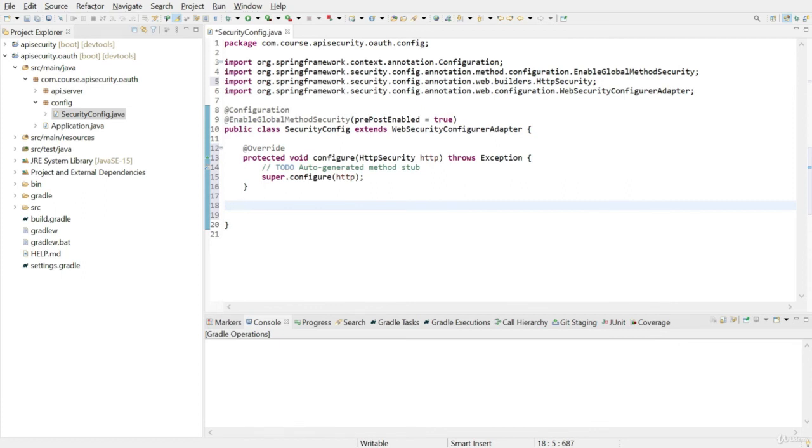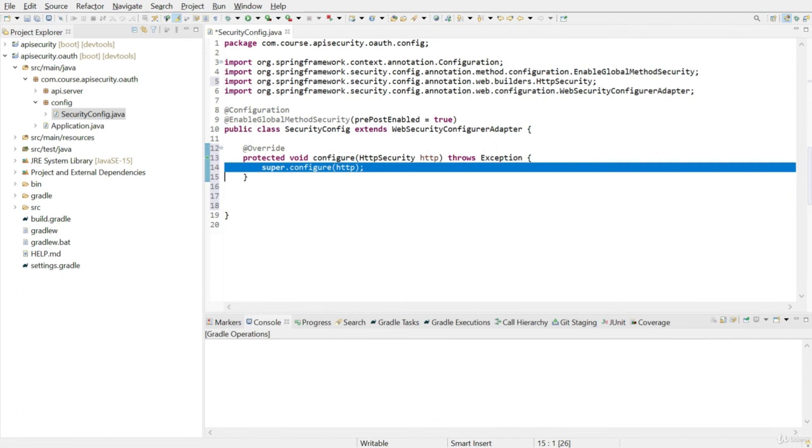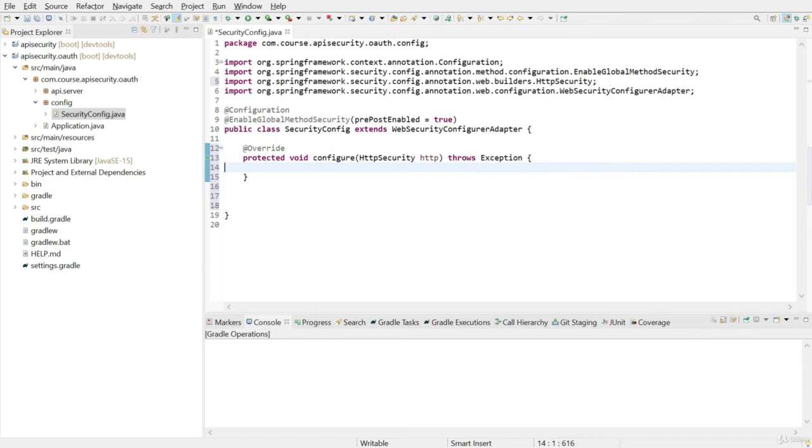Inside, we will do this. For all endpoints, we will require authentication except on /api/math/random, where we will permit anyone to access it, even without authentication.